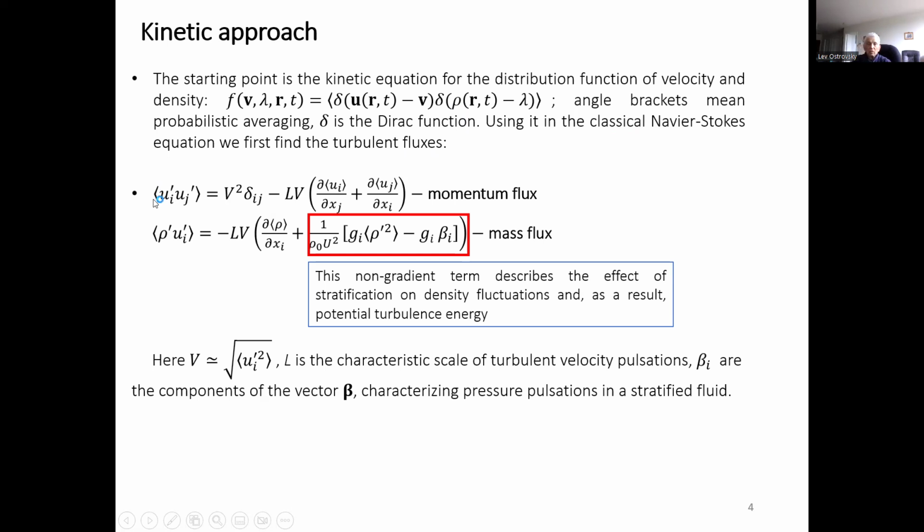And first we obtain the expressions for the average momentum flux, like here, and mass flux, which is here. This is the average flux for turbulent pulsations. And the new element is this non-gradient term, which is in red, and which is proportional to the gravity acceleration g, and proportional to the average square of density fluctuation. By the way, this beta is a bit more complex term, which is also proportional to the rho prime square here. And so these terms